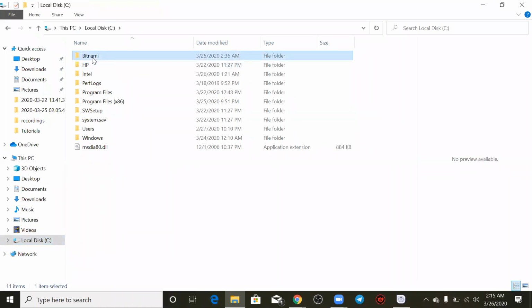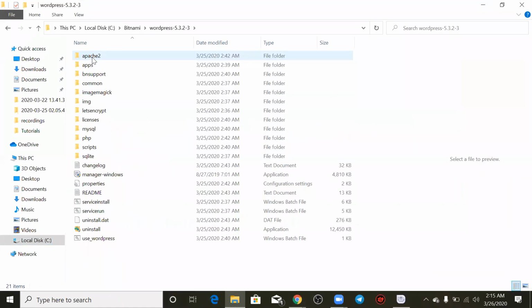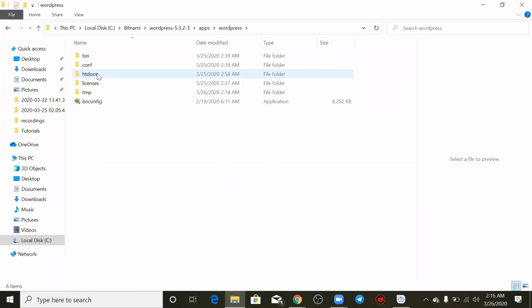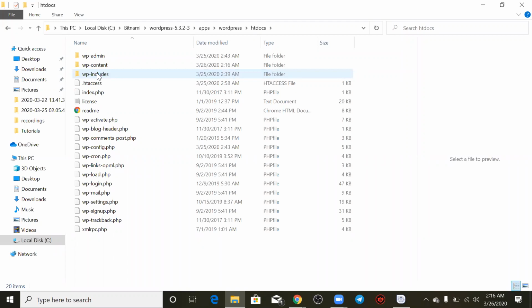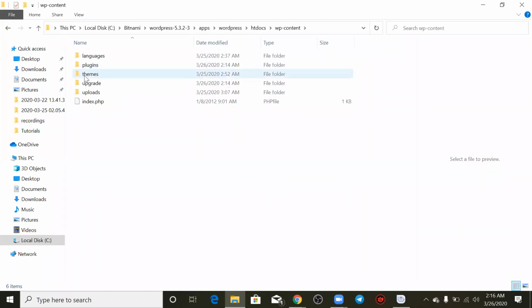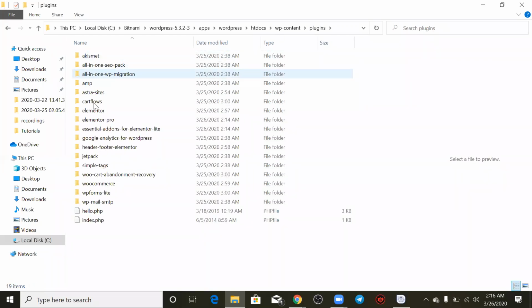You go to Bitnami, WordPress, apps, WordPress, ṣé à ń gẹ̀tẹ̀, htdocs. So that I fẹ́ wo your team or your plugin, go to WP content. This is your plugin, this is your team. Then you go to plugins. So gbogbo plugin tí a ti install eléyìí, if I remove any plugin from here, automatically ló máa lọ yọ